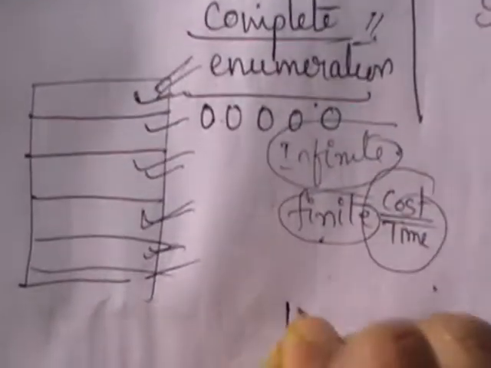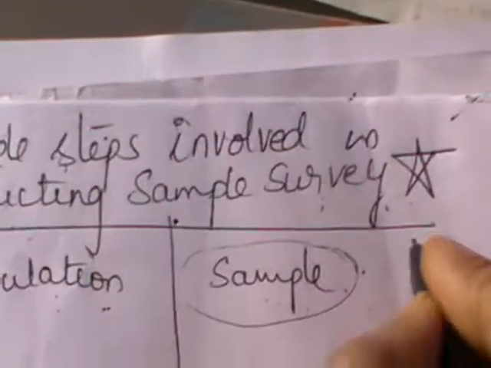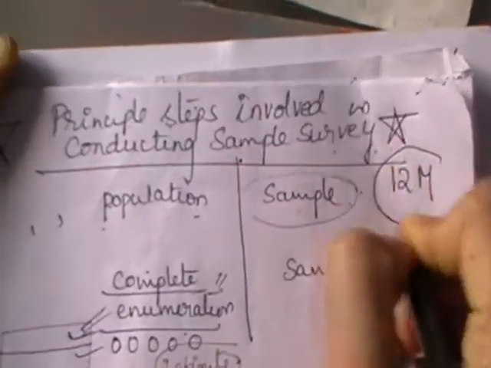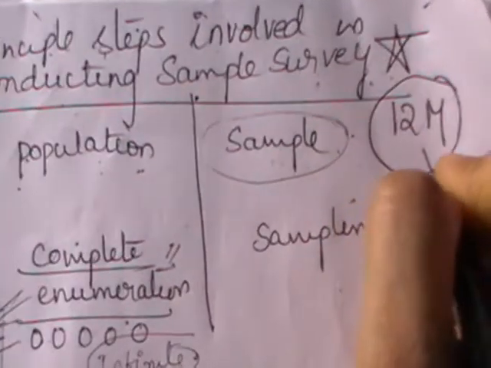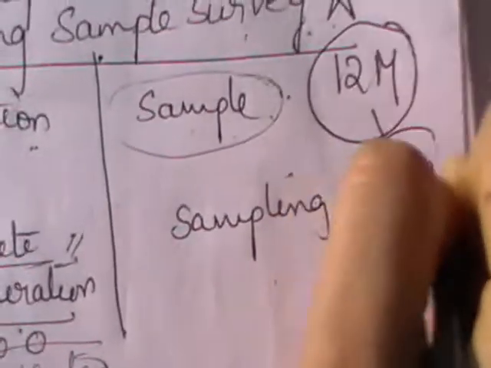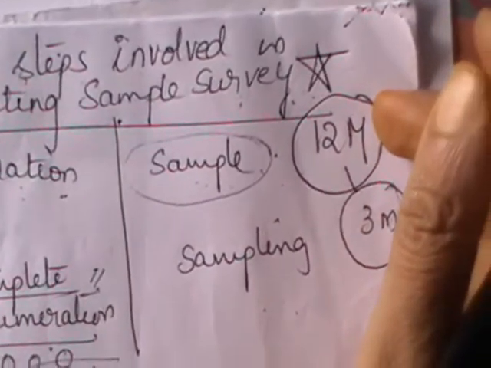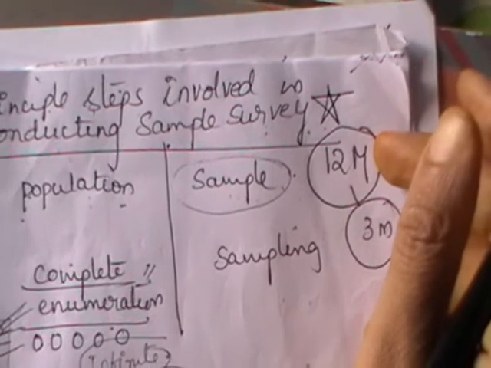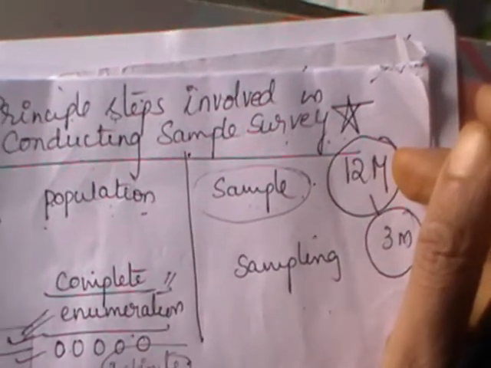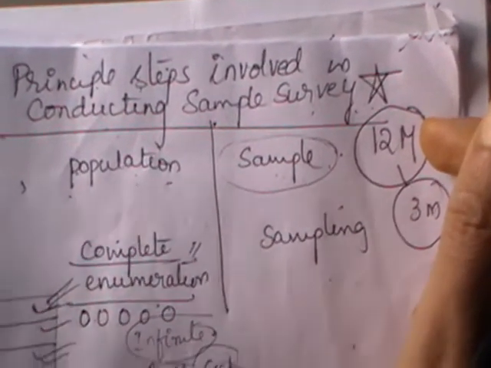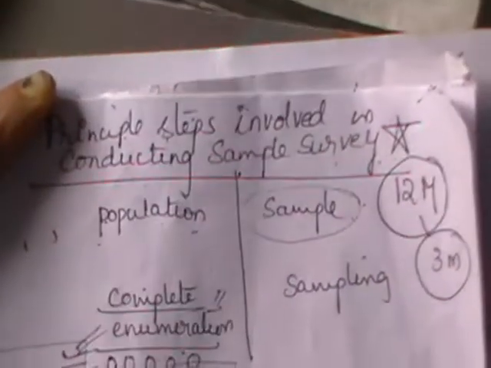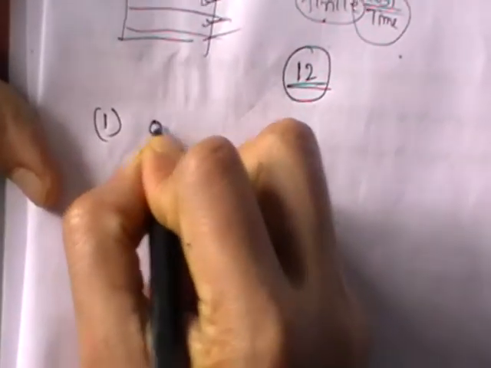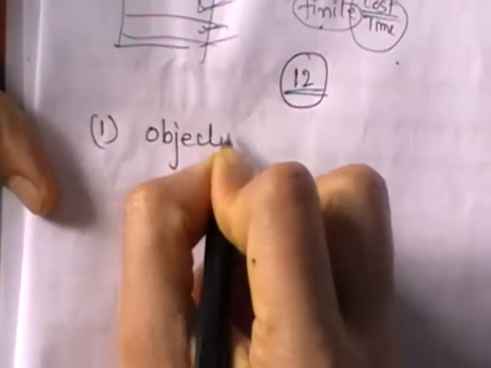It involves 12 different steps. Coming to your examination, it is a long answer question for 12 marks. If not, each and every side heading you are going to get as a short answer. Either way, not only from the examination point of view but in general also, this is an important question: what are the steps you follow while conducting a sample survey? It involves 12 steps. Let us see what the 12 steps are. First I will write and then I will explain each and every step.